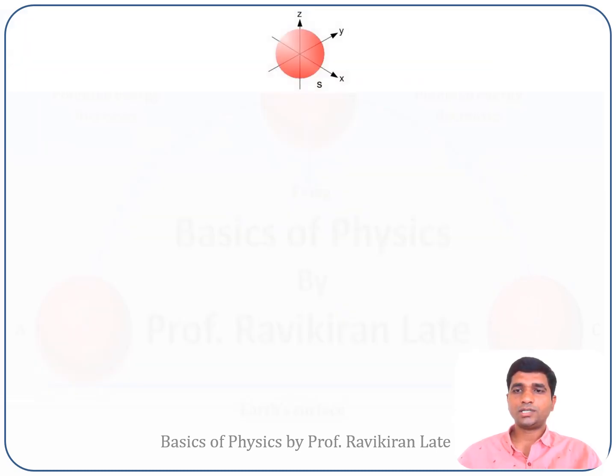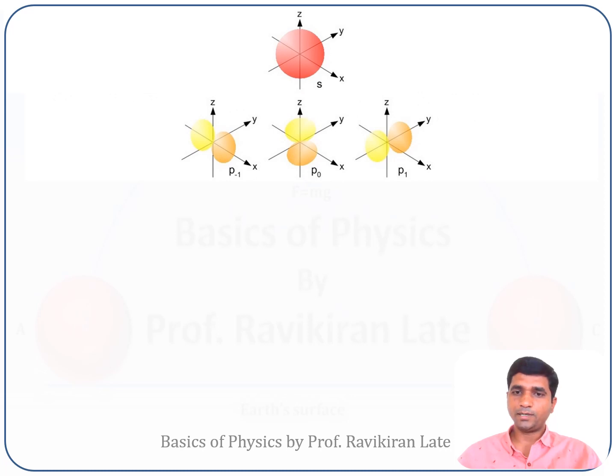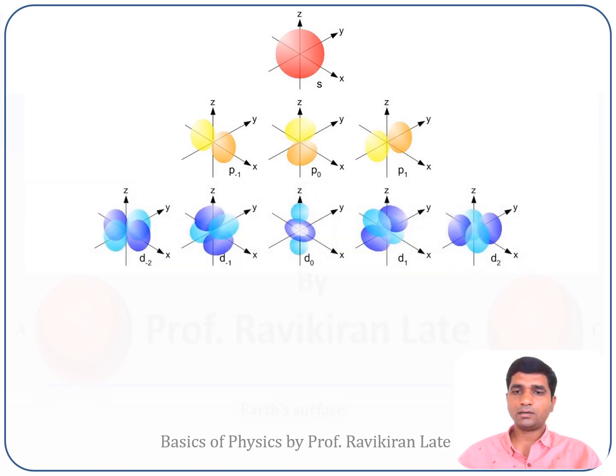Now if you consider what these different orbitals look like, the s orbital is spherical in shape. The 3 p orbitals corresponding to ml equal to minus 1, ml equal to 0 and ml equal to plus 1 are dumbbell in shape, lying along the x-axis, y-axis and z-axis. For d orbital, or L equal to 2, we have considered that ml can have 5 different values, and these 5 different values are nothing but the 5 orbitals. These are the dxy, dyz, dxz, dz square and dx square minus y square.